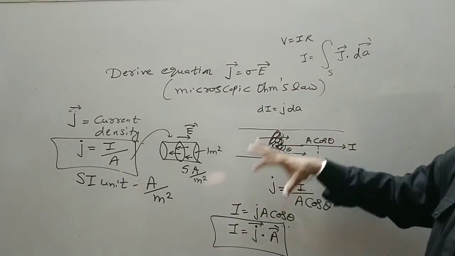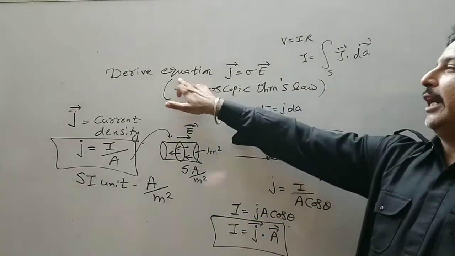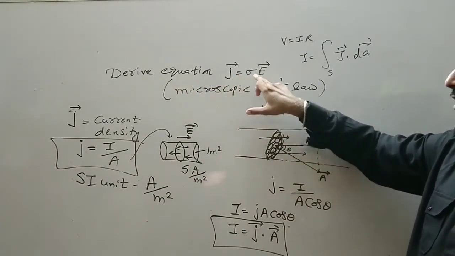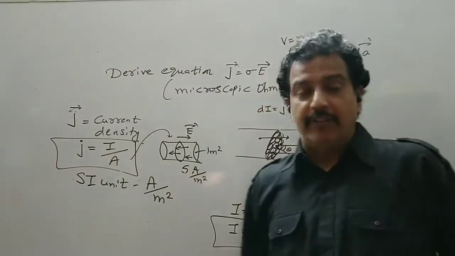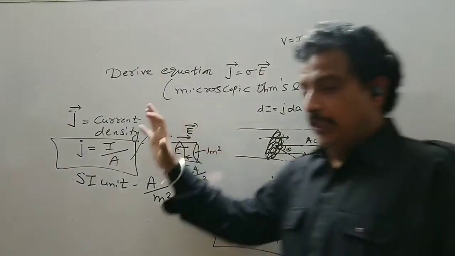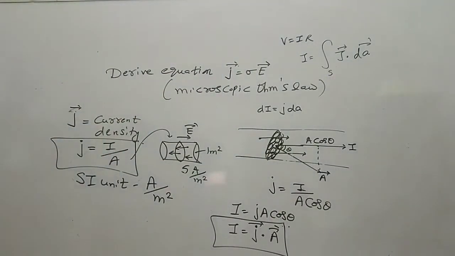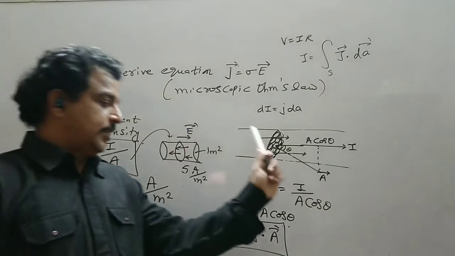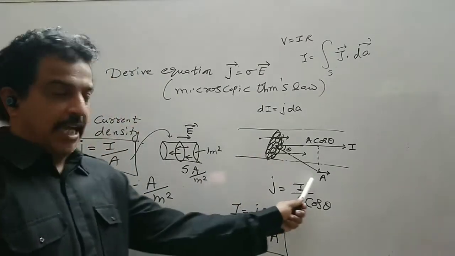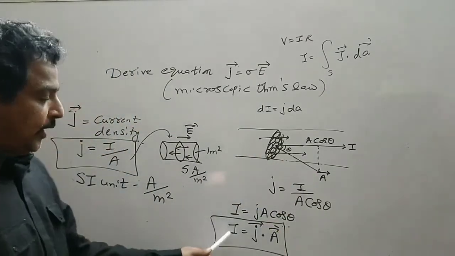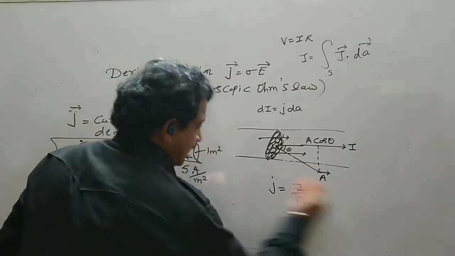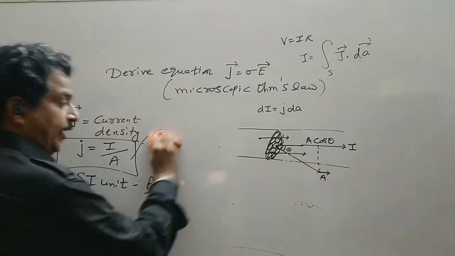So before we move on, we have to derive the equation: current density J is equal to sigma E. Sigma is the conductivity and E is the electric field intensity. So this was the information about the current density. Remember, J is I upon A. If the area is tilted, J is I upon A cos theta, or I is also defined as J A cos theta. The SI unit of the current density is